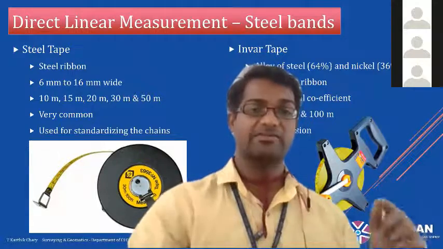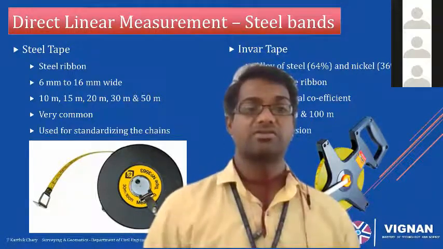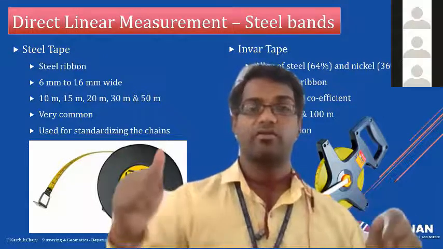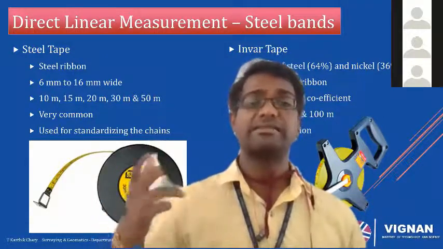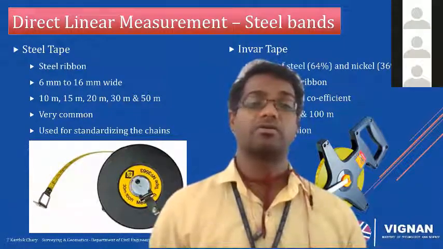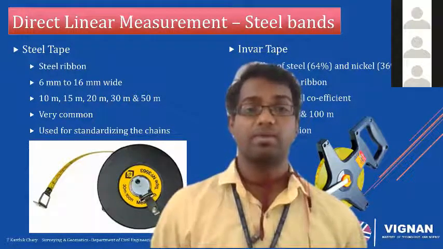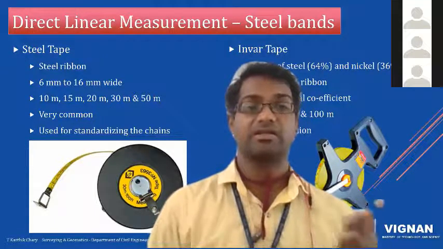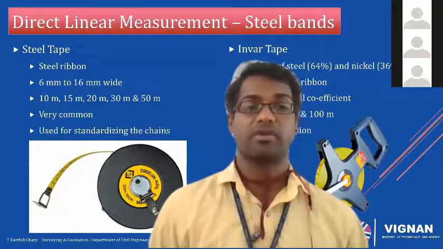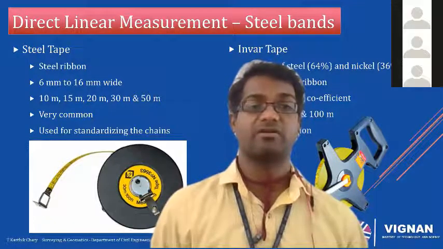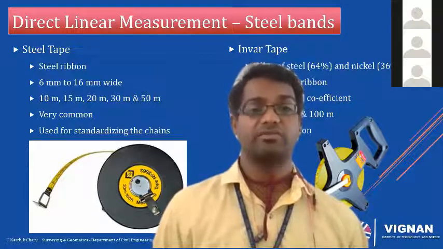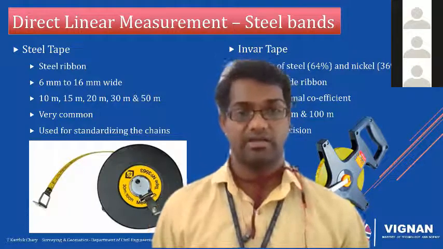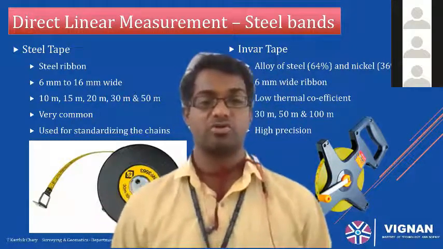Okay. So the third tape which I would like to talk about is a totally steel band or a steel tape. Steel band is different. Band is nothing but a bigger one. So steel tape, you can roll it. The width of this tape ranges from 6 mm to 16 mm. So you have wide ranges of it, but the problem is when you are using it, you have a problem of cutting your skin. That's a big problem. The lengths range from 10 meters, 15 meters to 50 meters, and it is very commonly used. But this has a problem of getting corroded, so it does not have that much durability.